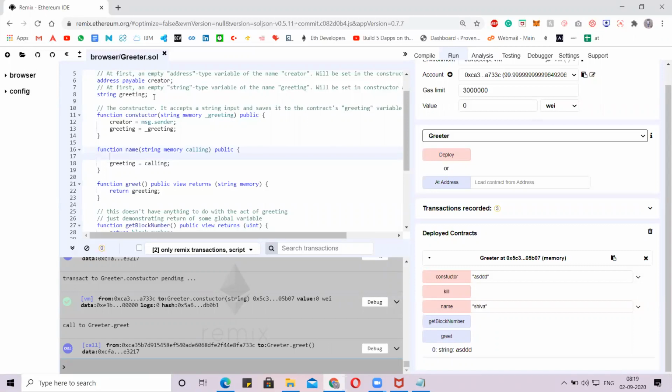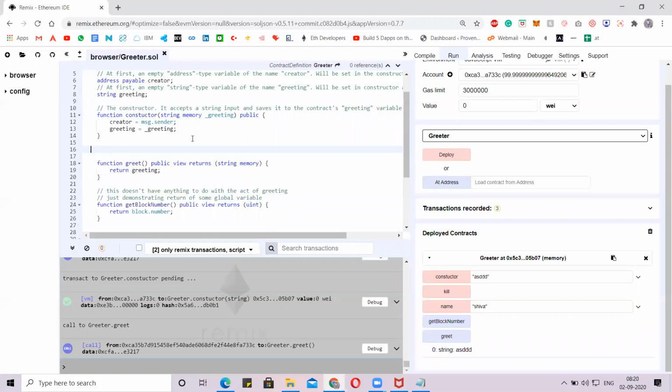Cool, guys. We are done. So we have created another function. Just leave that function for now. There is a function with the name constructor, and we have a greeting state variable.